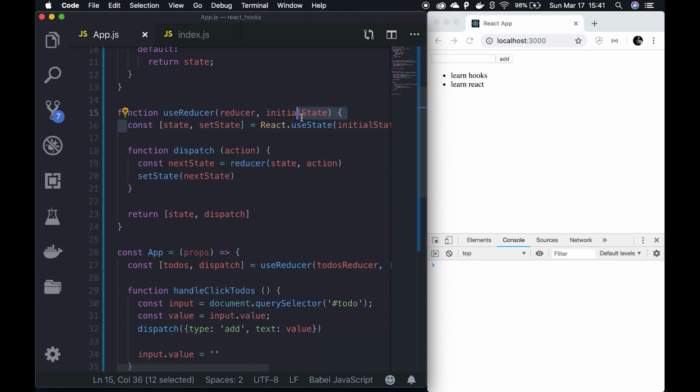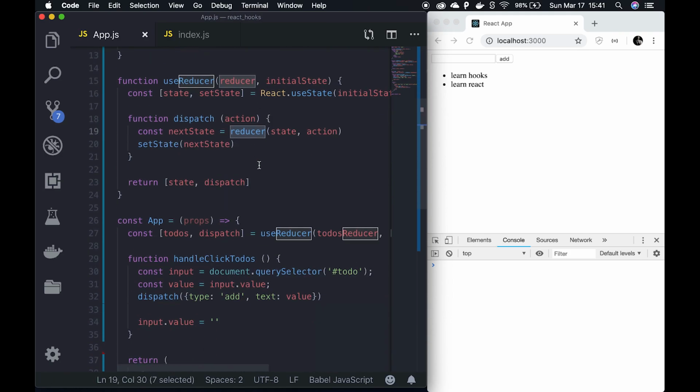Then we defined our state inside of this custom hook to handle all of our to-do list. And we created a dispatch function right here, which we are using to update our current state and call our to-dos reducer right here, or whatever reducer you create. Then we return an array that will be just destructured